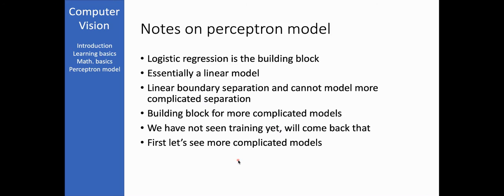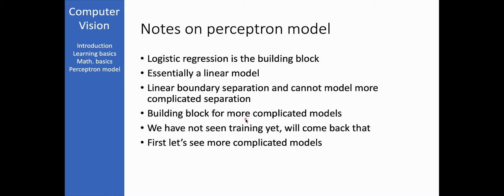So, some notes on the perceptron model. Logistic regression is the building block of the perceptron model that we've seen, and it's essentially a linear model. For example, the decision boundaries that it can construct are linear in nature, and it cannot model more complicated separations. Although it looks like it cannot do much because it cannot separate complicated data, it's actually the building block for building more complicated models,